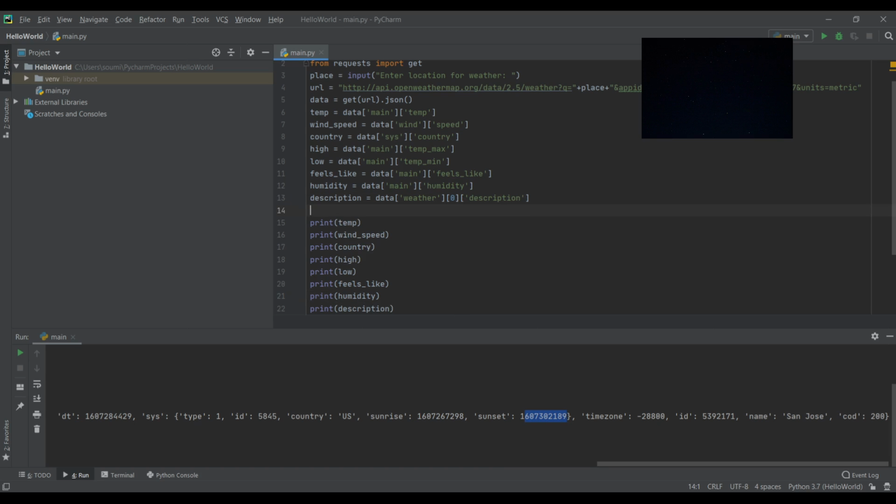Let's call it sunrise and sunset. I'm going to separate these and get some organization in here. Sunrise equals, and we're going to have to use the datetime library, so we're going to use datetime